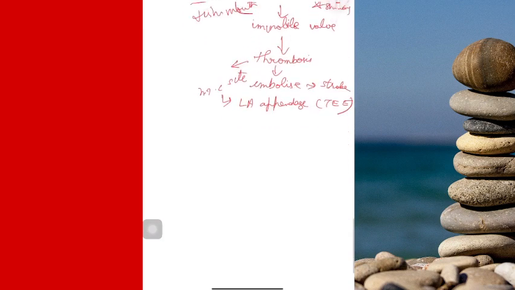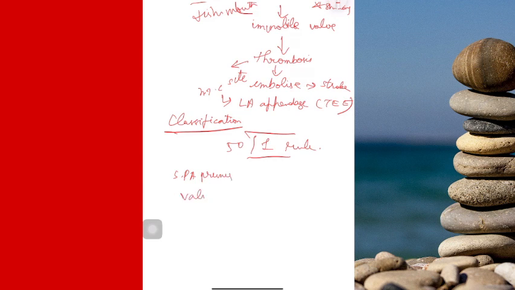Nothing much to understand here. So how do you classify or grade the severity of MS? You have what is called the 51 rule. It is given in your Harrison as well. You have to see your systolic pulmonary artery pressure and valvular surface area. If your pulmonary artery pressure is less than 30 and